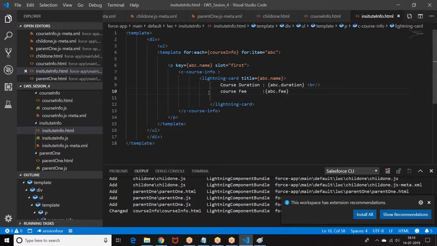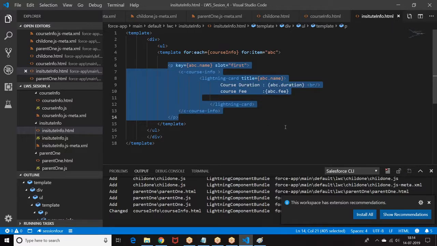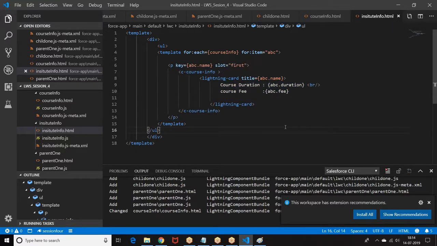Now I'm giving this should be printed in the slot. Okay. So Satish, should the slot be a parameter to the course info child object or to the key abc.name? So it has to be here actually.